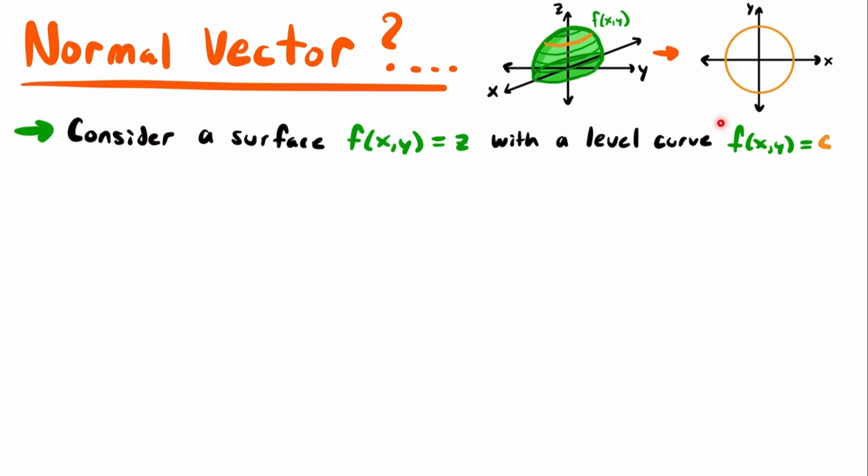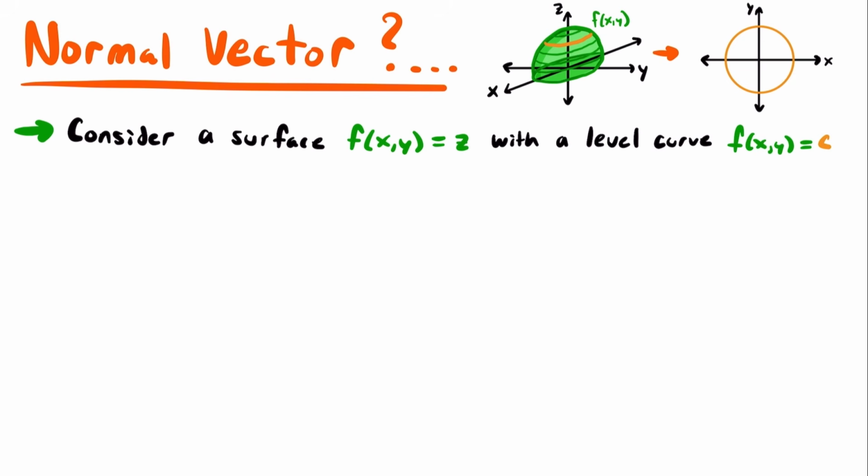Okay, so that's what we're working with here. We're considering a surface with a specific level curve, and what we can do here is represent that level curve with a vector function, right? It's also been a little while since we've talked about vector functions, but remember that a vector function can be used to represent curves. The different components of the vector function come from the parametric equations that would represent that